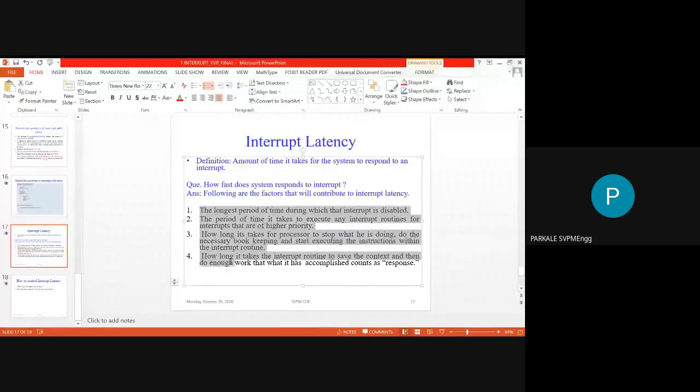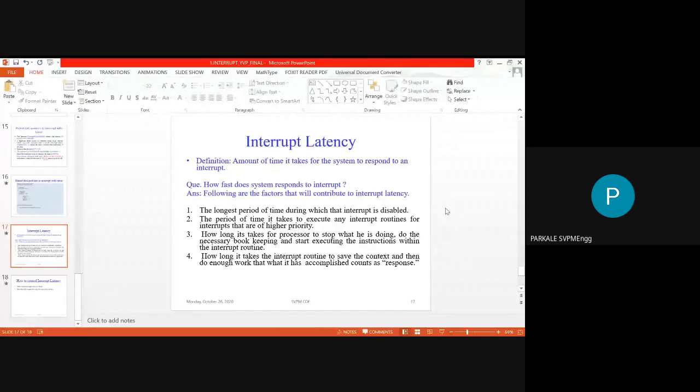All these parameters are internal parameters, but you should know them. It requires maybe a few milliseconds or microseconds. This response time is very small, not even in seconds; it is in milliseconds or microseconds. Now if we have this problem, that is interrupt latency, for example if the interrupt latency is higher, then your microprocessor requires more time to respond to the interrupt. So how to deal with this problem?